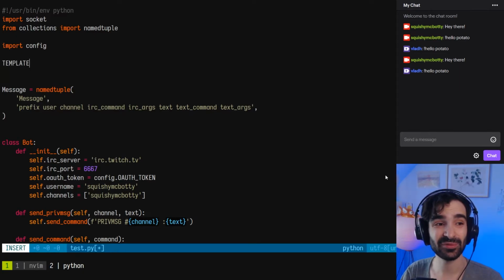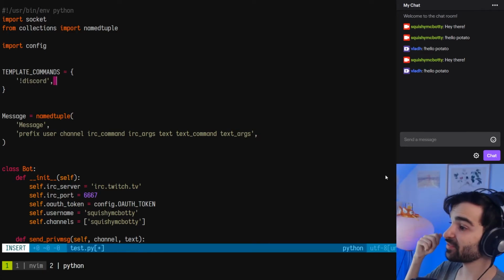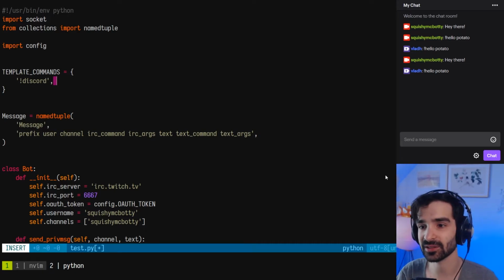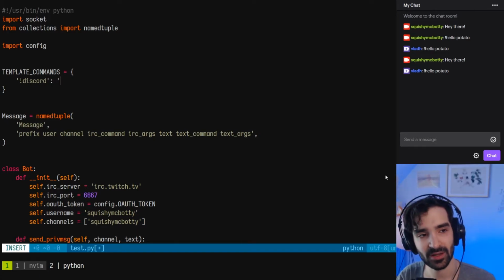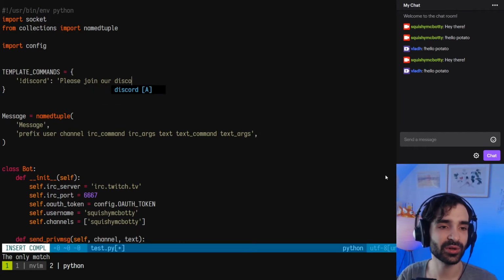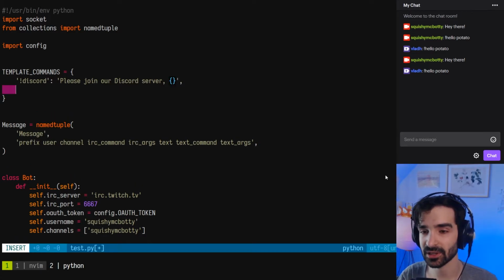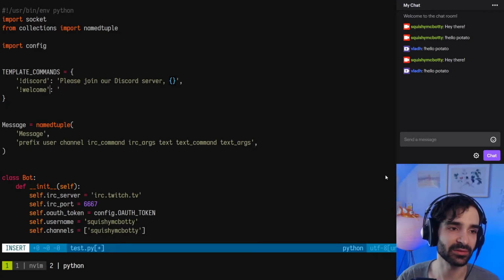But right now, I'm just going to define them at the top of my file, and the reason I'm defining them at the top of my file is just to illustrate that these won't necessarily be part of our class. They could be in a separate file that we load in. So let's just do this Discord command. So, please join our Discord server. And then we're just going to put something in here I'm going to show in a second, and then we can also say welcome, and you can just use this to welcome, or to shout out, for example. Let's do shout out,